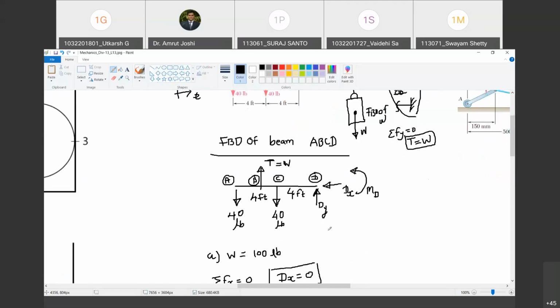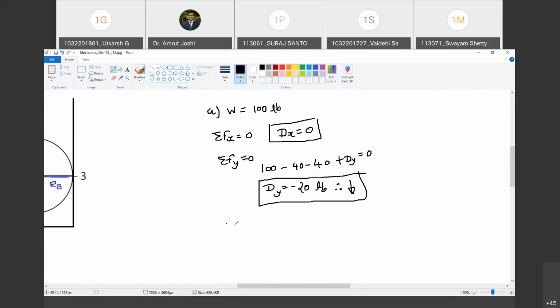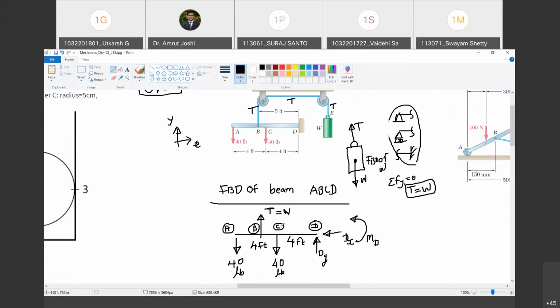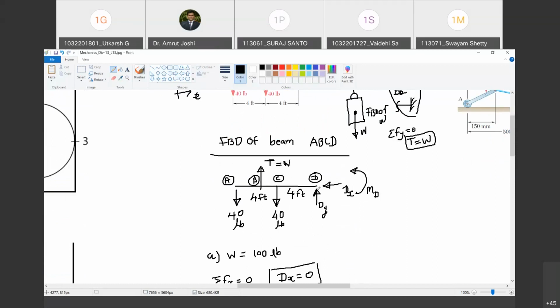चलो अब आगे चलते हैं. What is one more unknown? The moment it is providing. So now, which is the equation that I need to use? Summation of moments of all the forces about a particular point, about the z-axis passing through a particular point, must be 0. Do you agree with me? That point can be D, C, B, A, or outside the body. कौन सा भी हो सकता है.